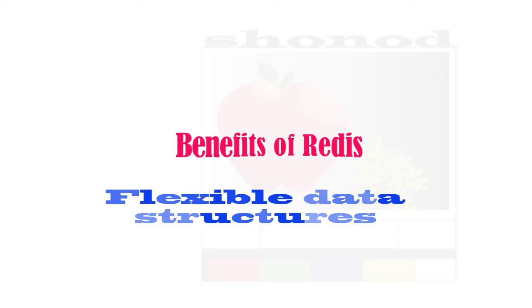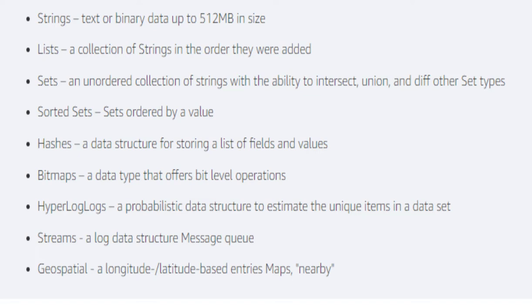Another benefit is flexible data structures. Unlike other key-value data stores that offer limited data structures, Redis has a vast variety of data structures to meet your application needs. Redis data types include string. Similar to other databases, where every column has some different data type, one of these is string, which stores text or binary data up to 512 MB in size. Then another one is list, a collection of strings in the order they were added. Then another data type is sets, an unordered collection of strings with the ability to intersect, union and difference other